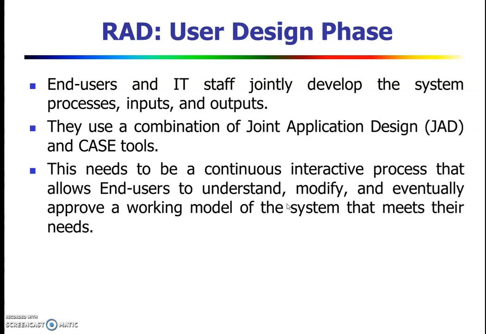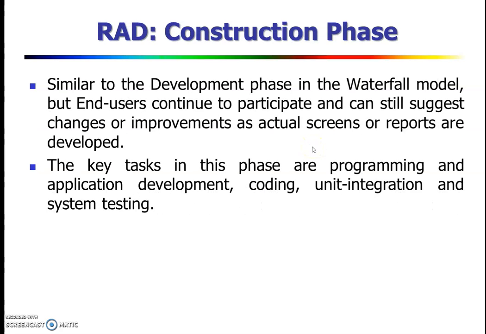Another is data modeling. It includes the different data objects used in the software and the relationships among the different objects. Then another is process modeling. During process modeling, process descriptions are created. That is, you can add, update, delete, and modify processes as needed. And then you go to the next phase, that is the construction phase.